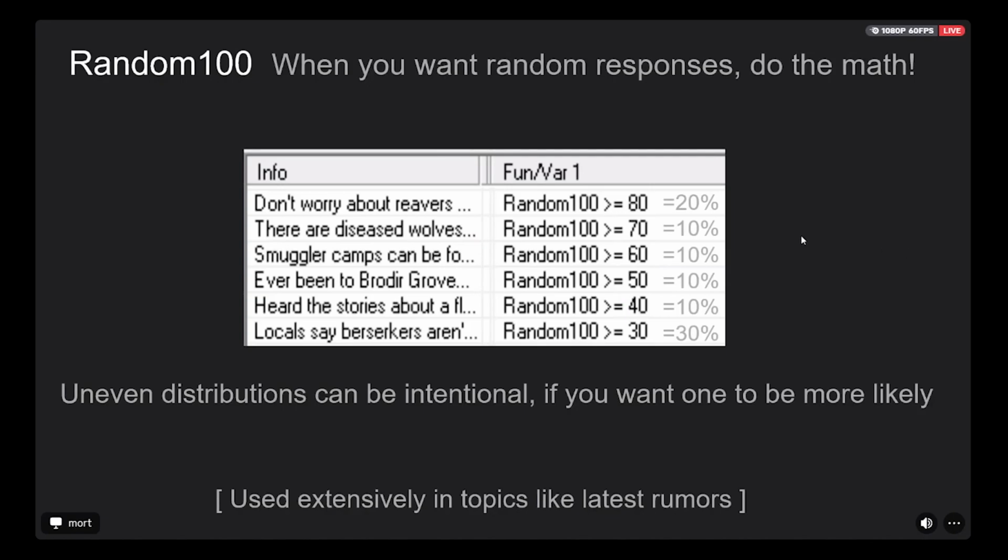Random 100 is rolled between, I believe, 1 and 100, or is it 0 and 99? I'm bad at discrete math. 0 and 99, I believe, because 0, yeah. Yeah, 0 and 99. So this is a vanilla Blood Moon